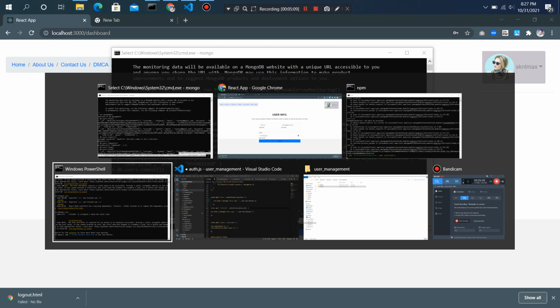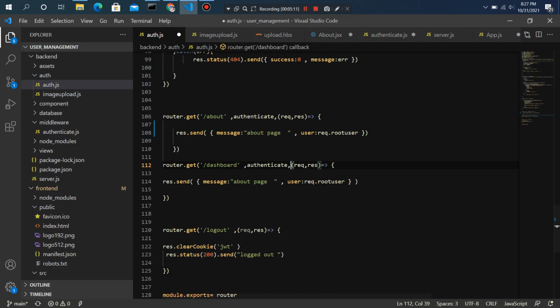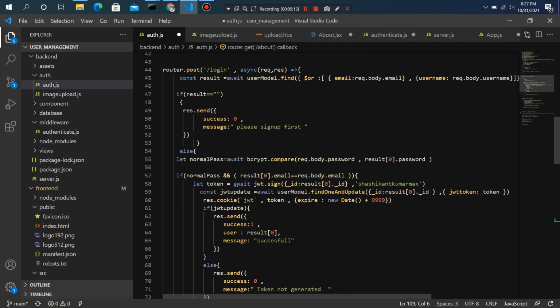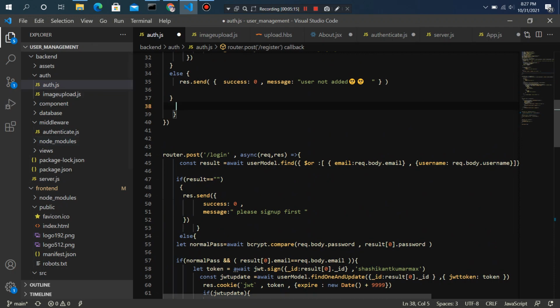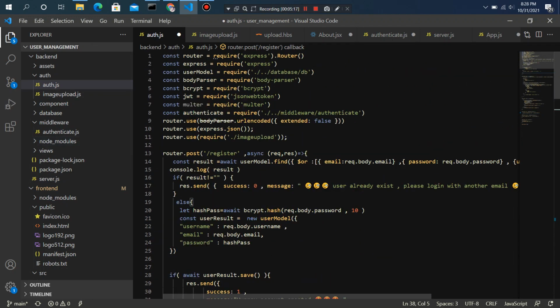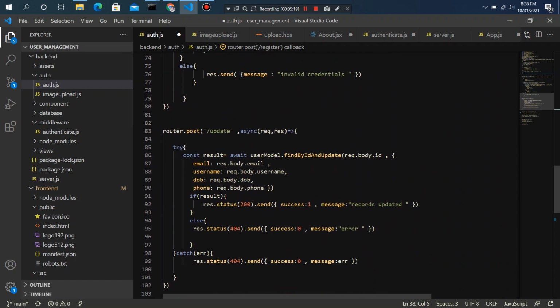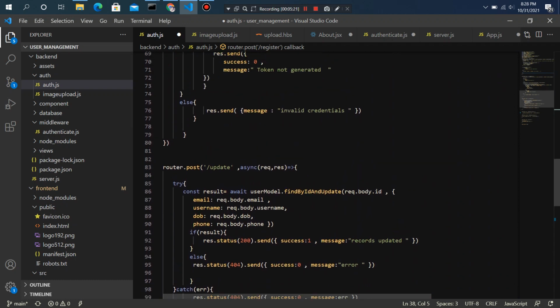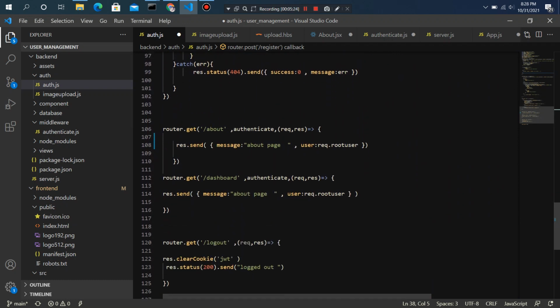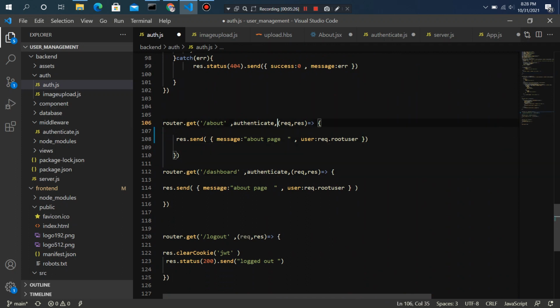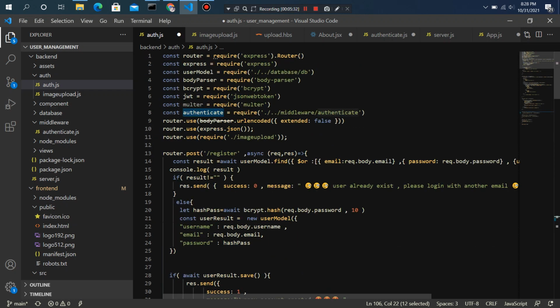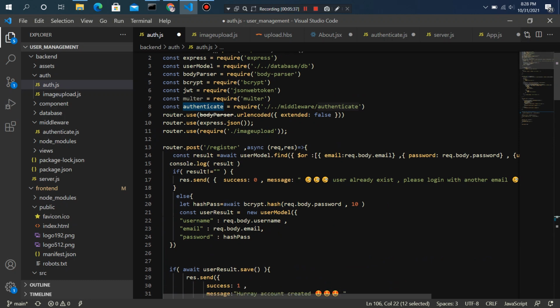If you look at its working mechanism from where it started, I have created all my APIs here: register, login, image upload API, and update API. I also use the authentication middleware, which checks that every user is registered in our database.